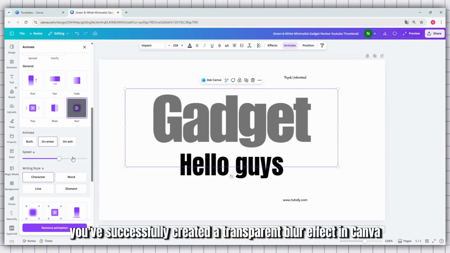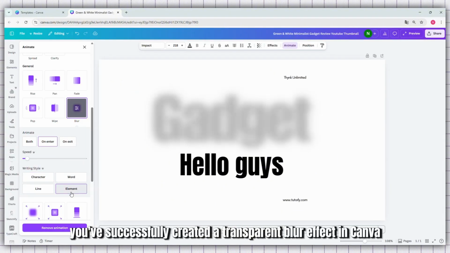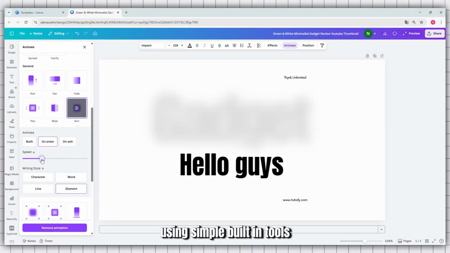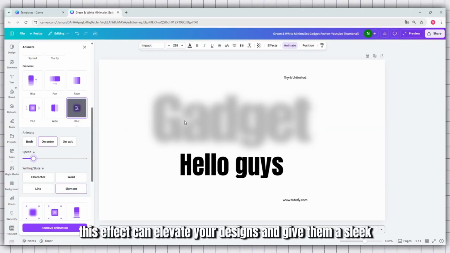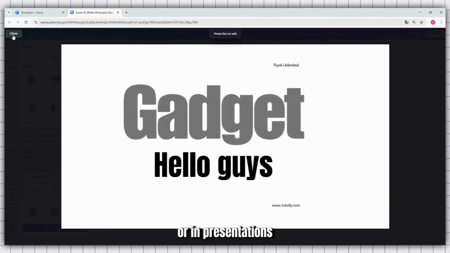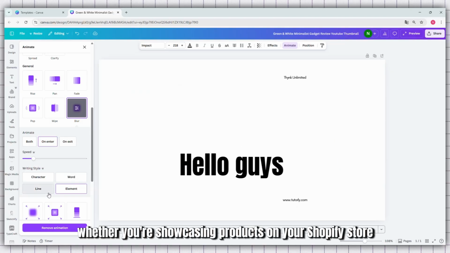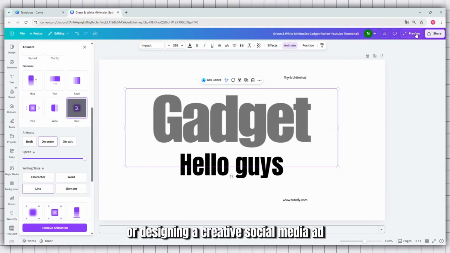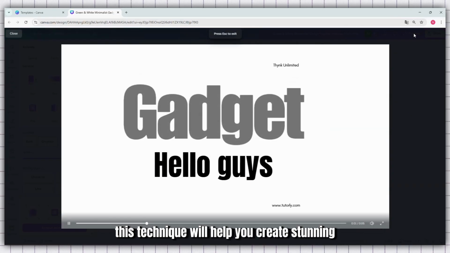And that's it! You've successfully created a transparent blur effect in Canva using simple, built-in tools. This effect can elevate your designs and give them a sleek, modern touch, making them perfect for catching attention on social media or in presentations. Whether you're showcasing products on your Shopify store or designing a creative social media ad, this technique will help you